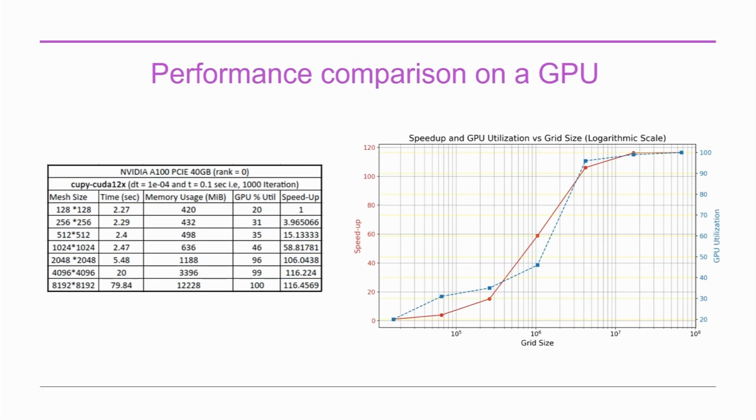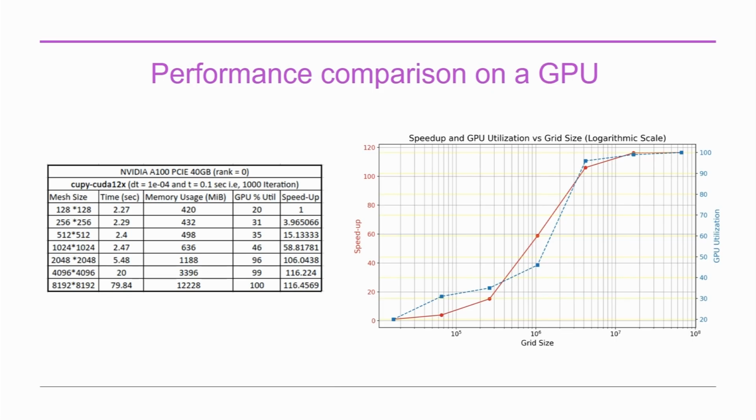Now we check the GPU speedups relative to the grid size that we are running. Here the 128 cross 128 grid is taken as our reference, whose speedup is taken as 1. For the later grids, the speedup is calculated as follows: for the 256 one, as we can see, the time is almost similar, but the grid is increased by 4 times. So that means with respect to each grid point, our speedup is almost 4. Taking this into consideration, we calculate the speedup for other grids and get our speedup curve shown in the red line.